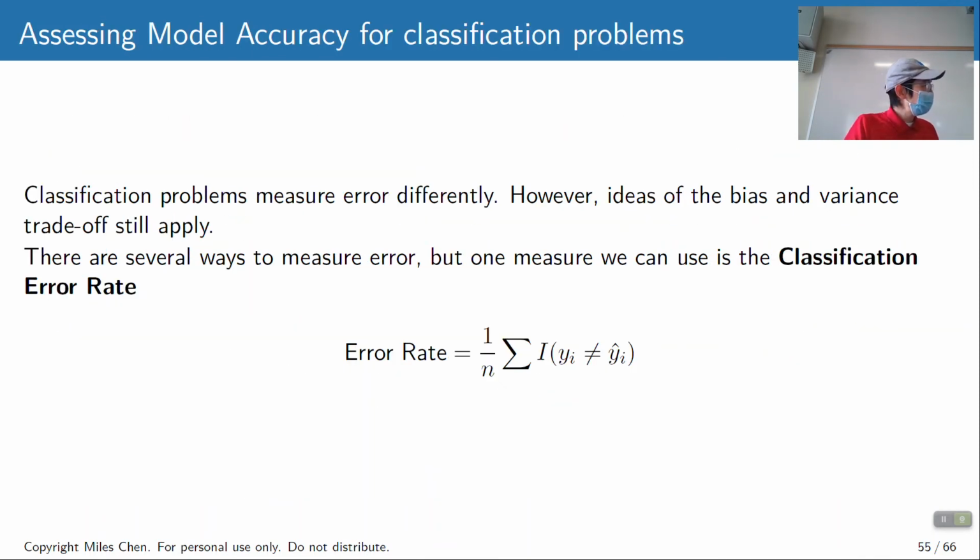Classification problems: how do we measure the error? One way is just to measure the classification error rate. So if we predict this is going to be category blue and the true value is category red, that's an error, okay? If we predict category blue and the true value is category blue, then that's not an error, that's correct, okay? And so the error rate is just how many mistakes did you make divided by how many observations total do you have, right? So it's just like a score on an exam, right? How many did you get wrong is the error rate there, okay?